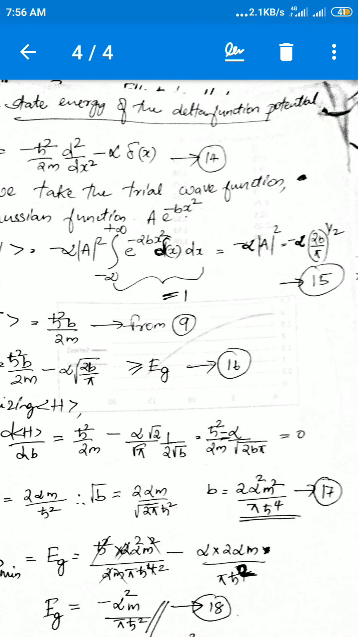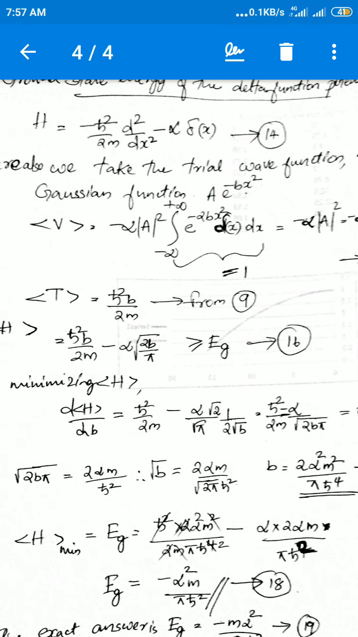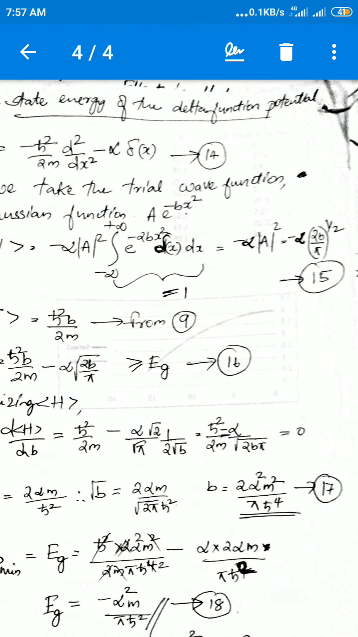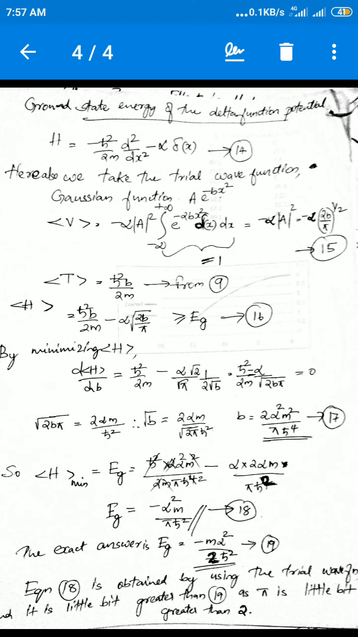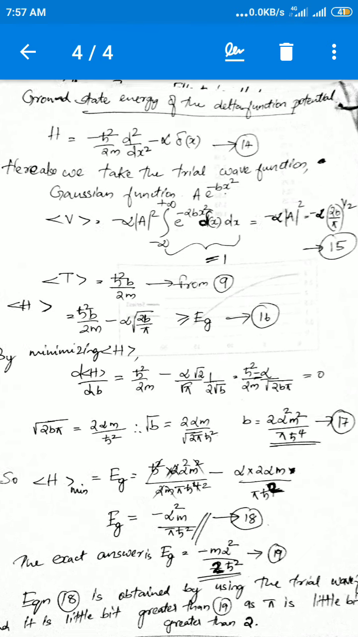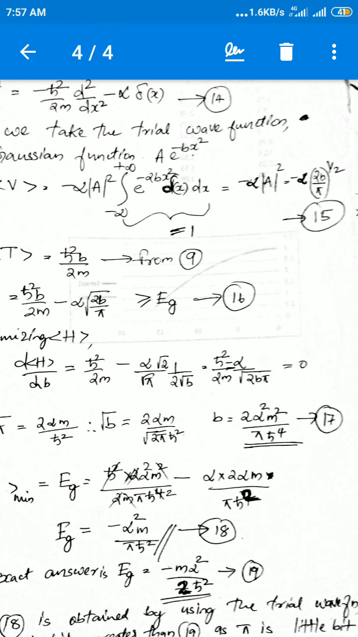And a modulus square we have already found from the previous case. It is square root of 2b by pi. After substituting, it is minus alpha times square root of 2b by pi, which is the value of the potential energy expectation, equation number 15. Now we know from the previous section that the kinetic energy expectation is h cut square b by 2m. It is from 9. Now add these two. H expectation will be h cut square b by 2m minus alpha root of 2b by pi, and it should